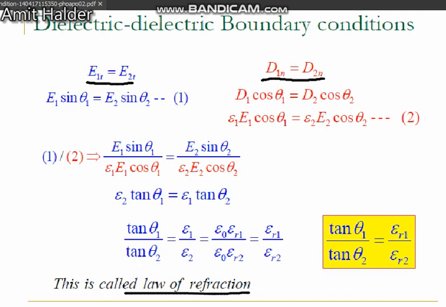In this section we have studied before in SSC2, there is the law of refraction. How can we prove the law of refraction through the dielectric boundary condition? First of all, we know that the tangential components of the electric field are equal to each other. They are continuous in the boundary. So we can write sin theta 1 and sin theta 2. That is Snell's law that you previously know from optics.